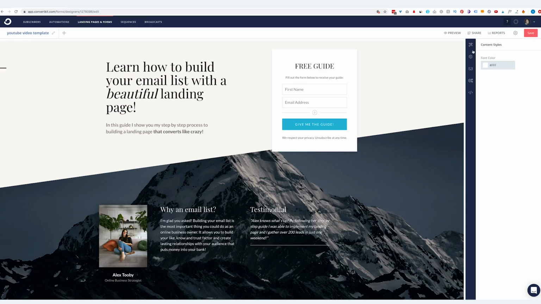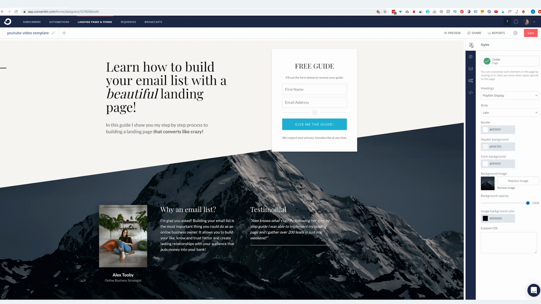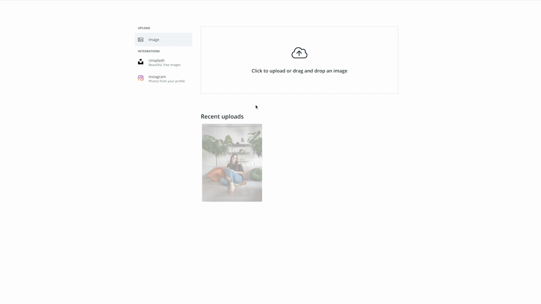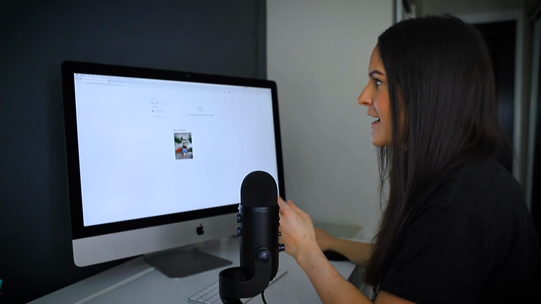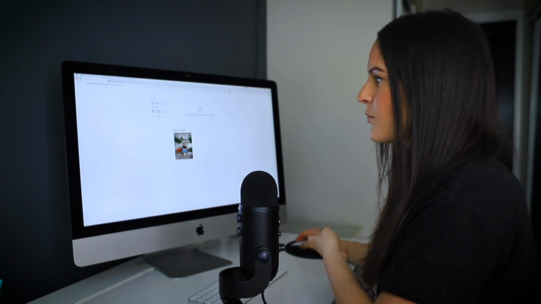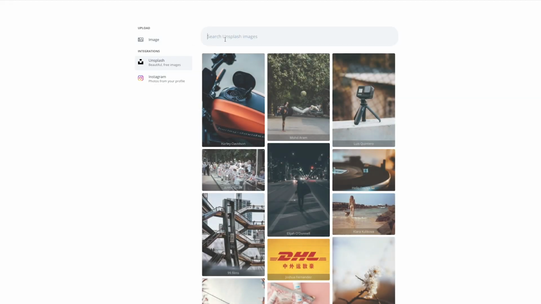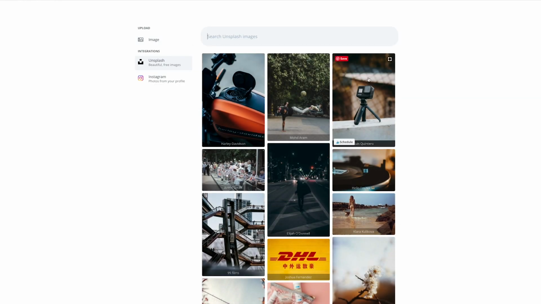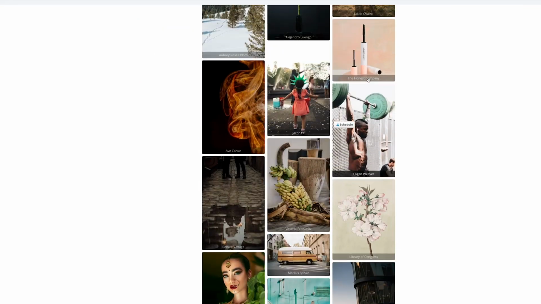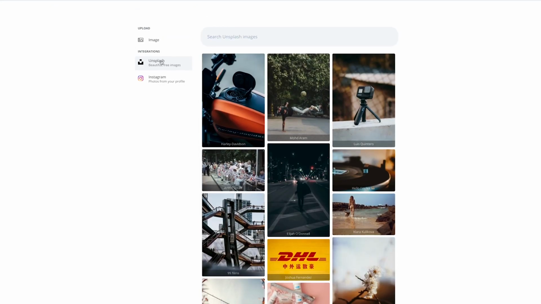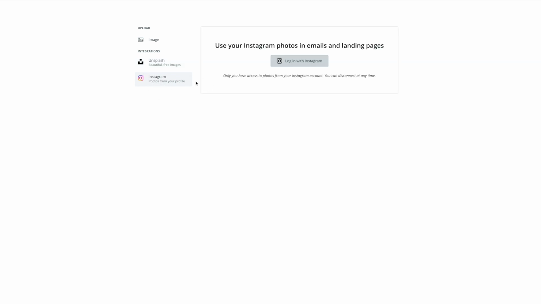So all you need to do is go to this icon on the top right here, and you'll see the background image section. So just go ahead and click replace image. And the awesome thing about this ConvertKit landing page builder is that you can either upload your own content, or they've actually integrated Unsplash, which is a great stock photo site. And you can go ahead and click on that button and basically search for anything and be able to choose through all of these really high quality images that are completely free for use. You can also link your Instagram and pull images from your own Instagram if that makes sense for you.